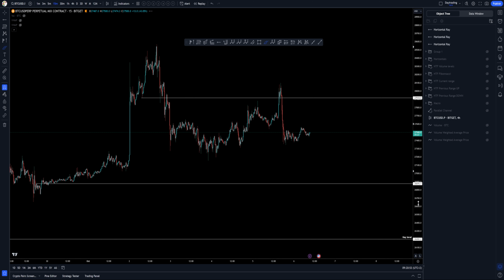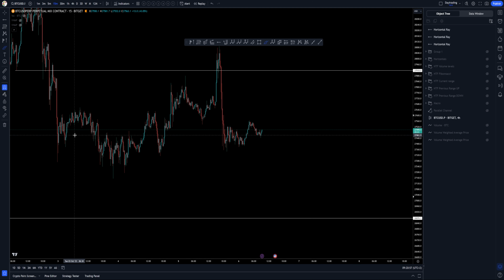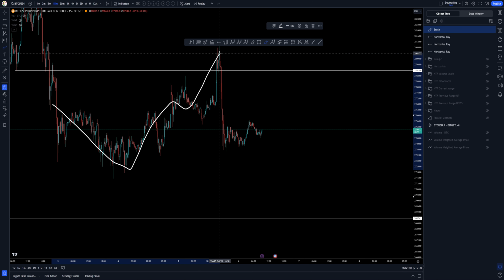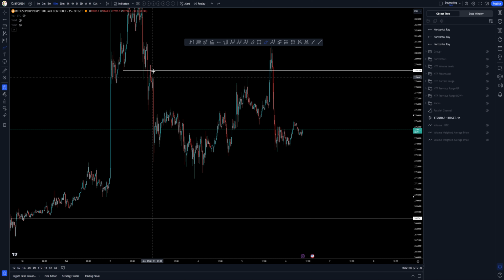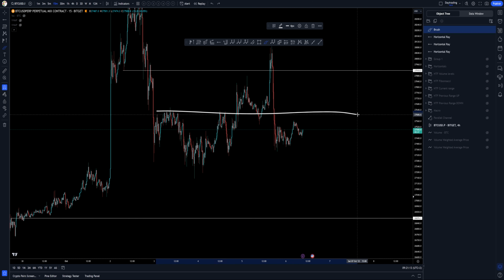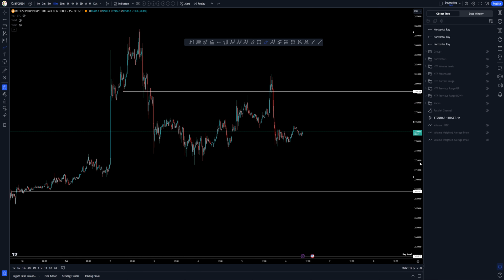And then on the 15-minute, once again, we are simply really sideways, honestly, because this is one of these scenarios where, yeah, okay, you have a high, higher low, but it's just not bullish. I would class this at the moment as just a really big sideways range, or better said, a sideways range with a really big deviation that we had yesterday now coming back into it, right? That is my